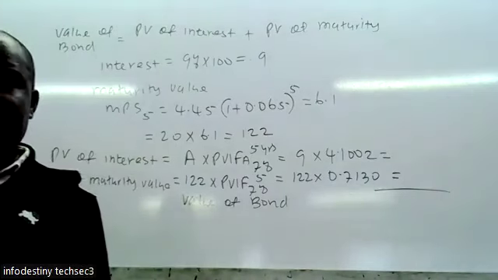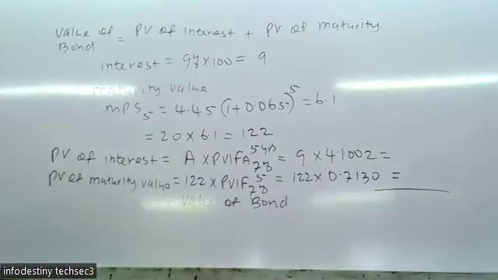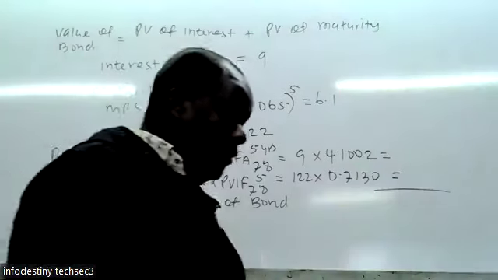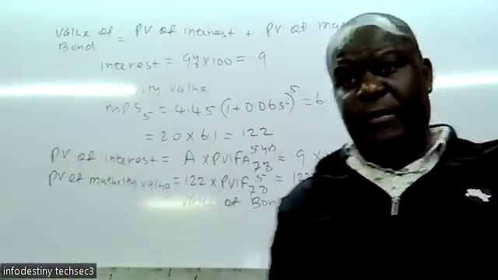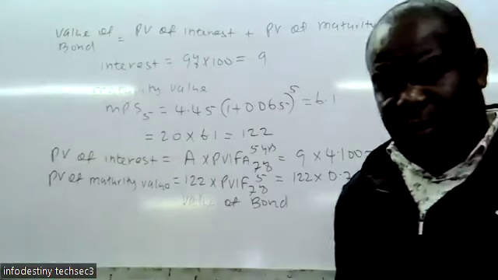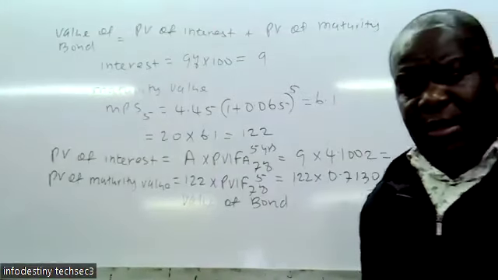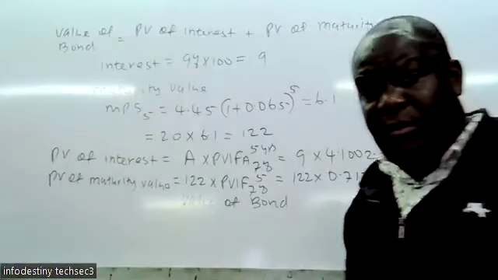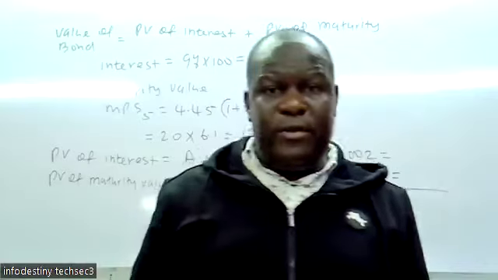So let us now go to Roman letter 2, where they were asking you to calculate the floor value of the bond. Let us also check what we mean by the floor value of the bond. We can write something brief about it. We note that it is the value of the bond